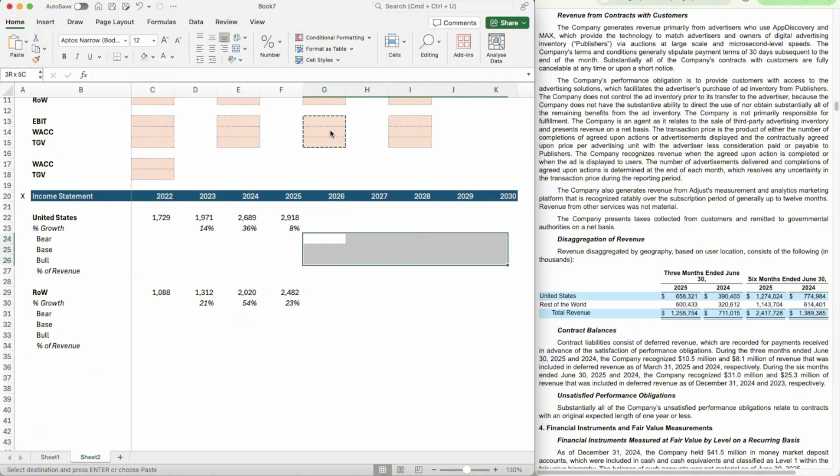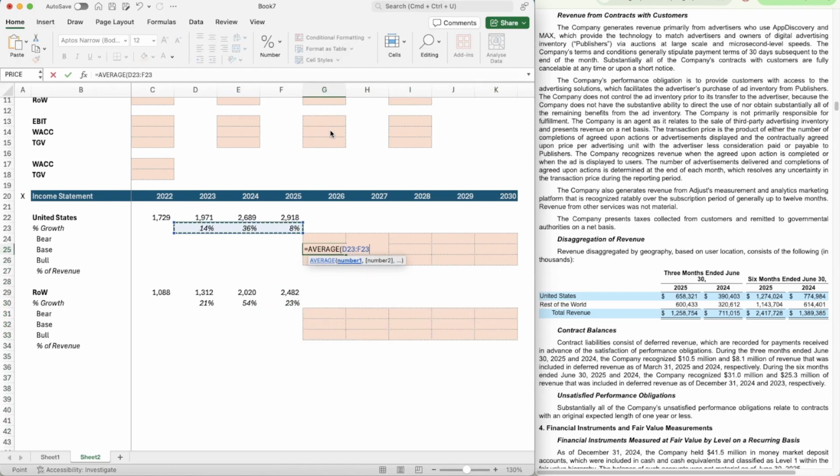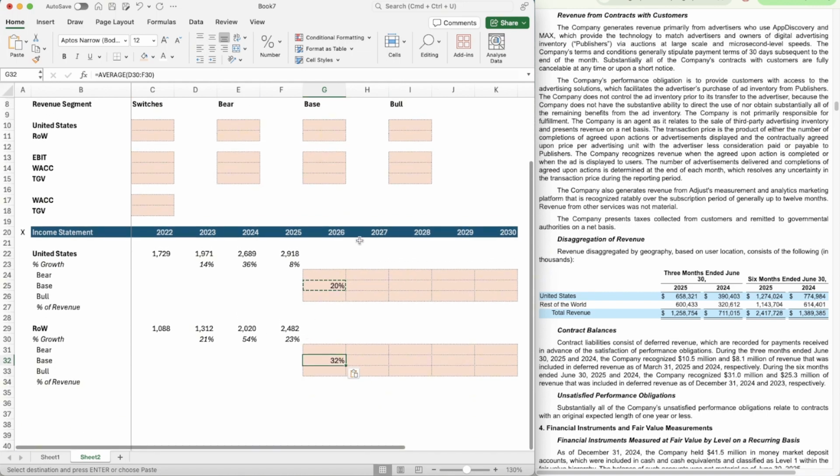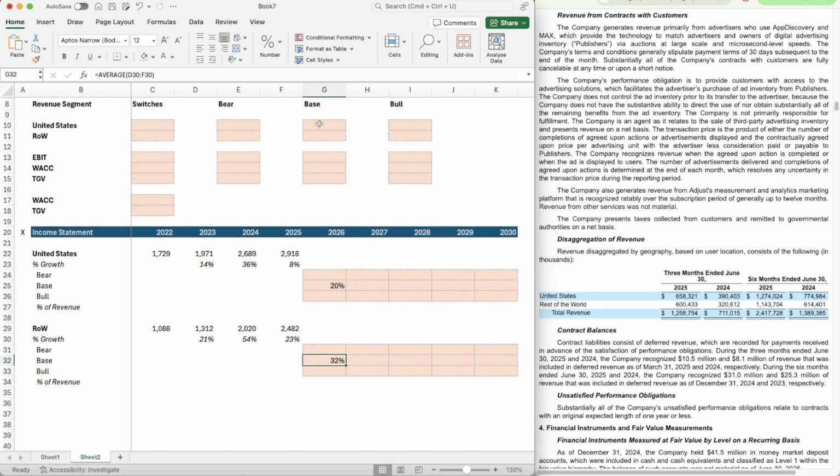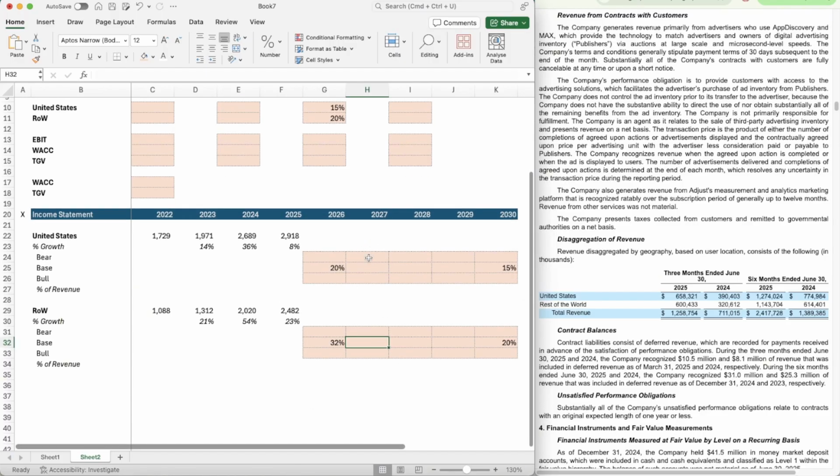Now we're going on to our forecasting. We'll take an average of the previous years. And what should we say? So if this is at, let's say, 20% now, let's put it that it eventually heads to 15. And maybe rest of the world can grow, so it will go to 20. Okay, so now we do